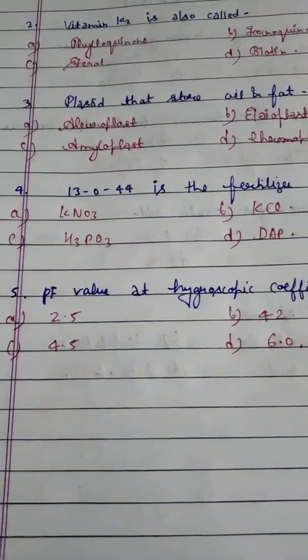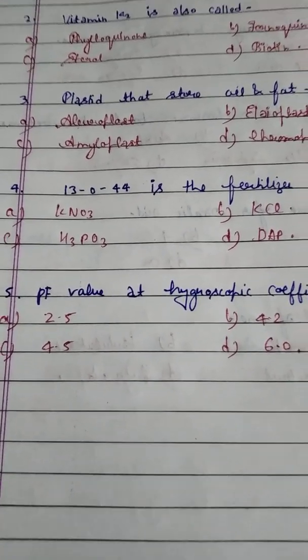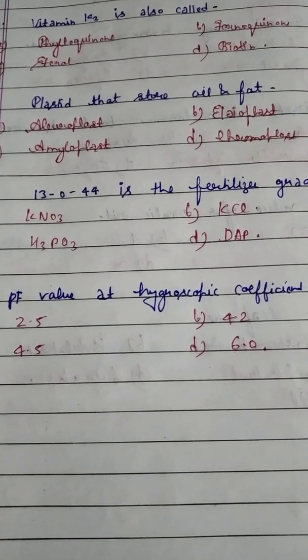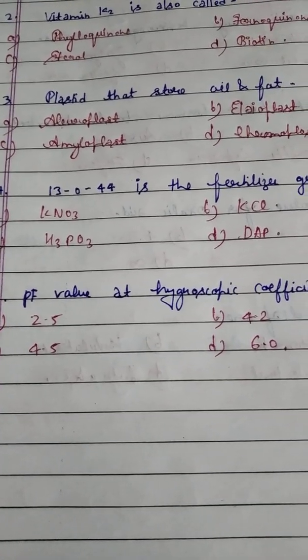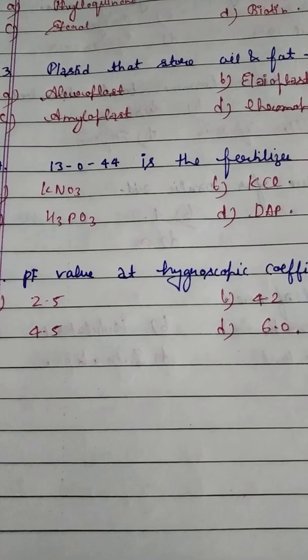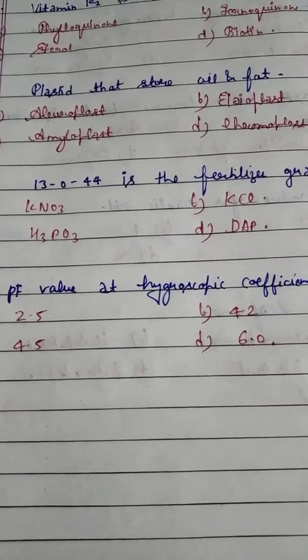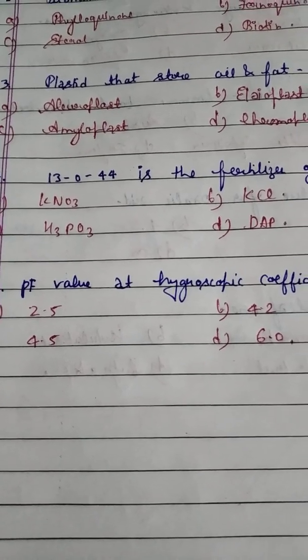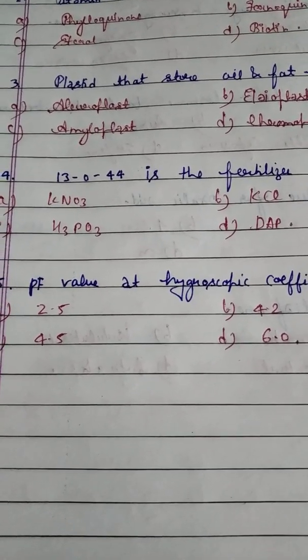Student, question number 4, you see. It is very important. 13-0-44. It is the fertilizer grade for option A potassium nitrate, option B potassium chloride, option C phosphoric acid, option D DAP. So student, you have to tell 13-0-44 is the fertilizer grade for which of the following fertilizers. Student, this fertilizer grade means 30